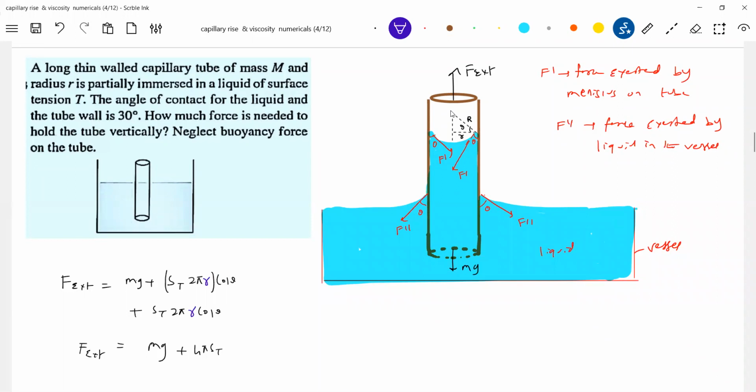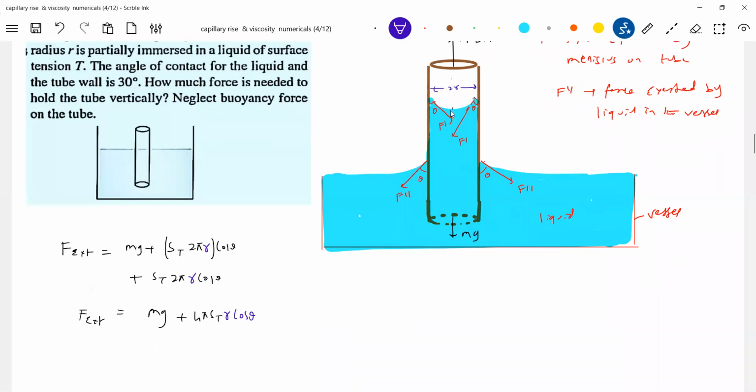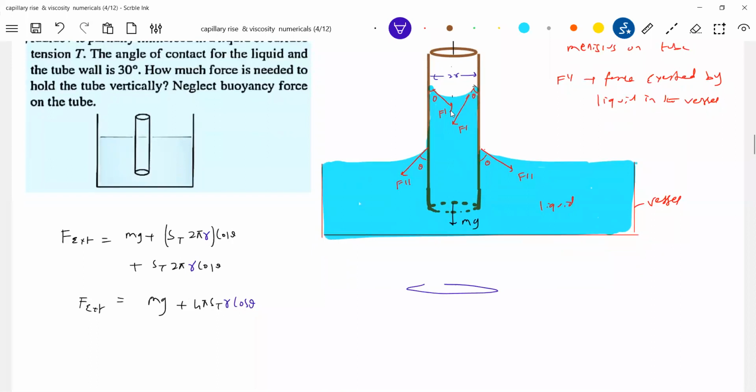4 pi St r cos theta. This should be the thing. No, this capital R, you need not bother. Just leave this. Because what is the radius of the capillary tube? You see that one. The force should be acting like this. I think I'll give a diagram and explain. It'll be a better idea. So what is the radius of